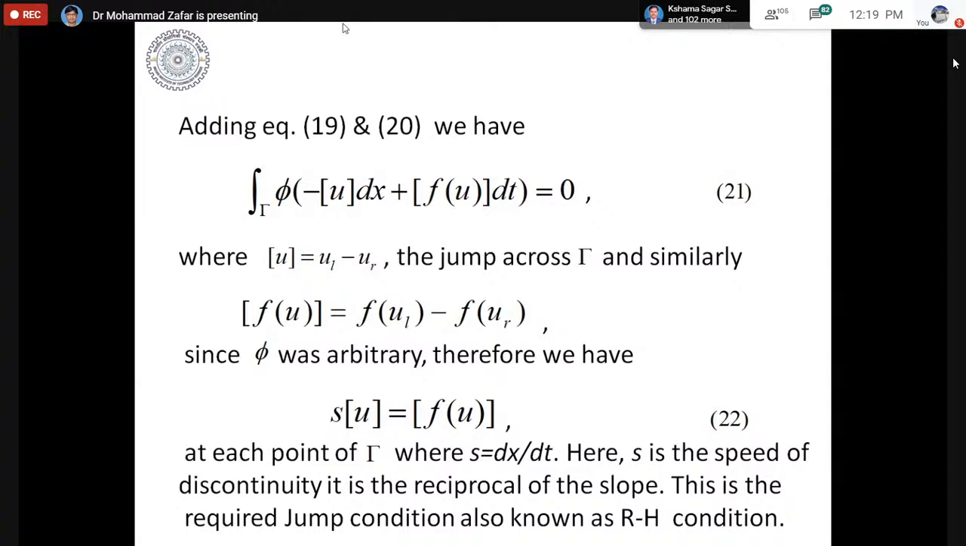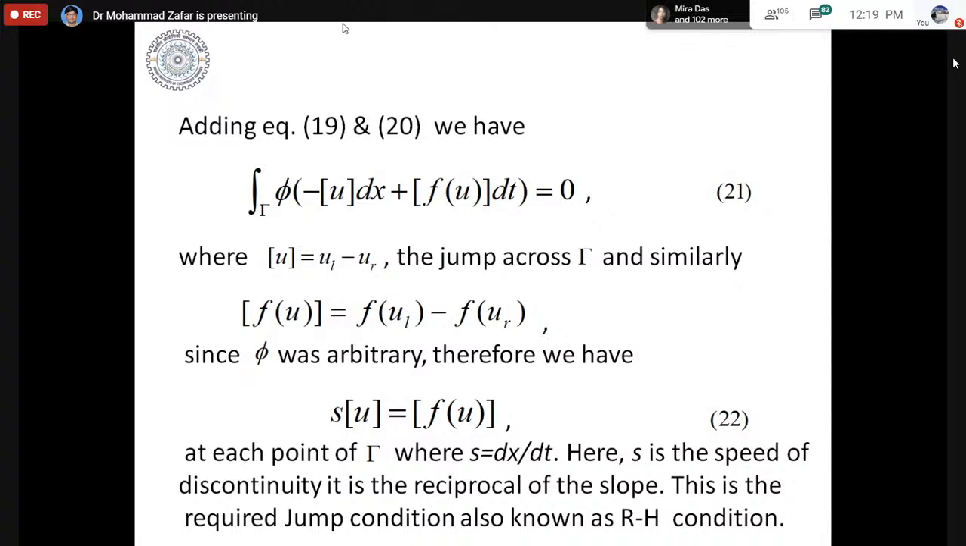So this gives s times jump in u is equal to jump in f(u), where s is nothing but dx by dt. Small letter s is the speed of discontinuity here, dx by dt. You see, dx by dt is the speed always. So at each point of gamma we have this equation number 22, which is nothing but the very well known